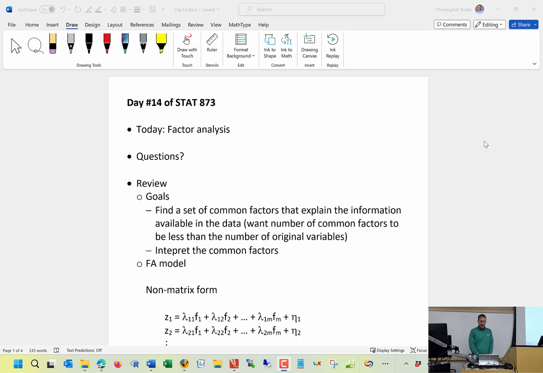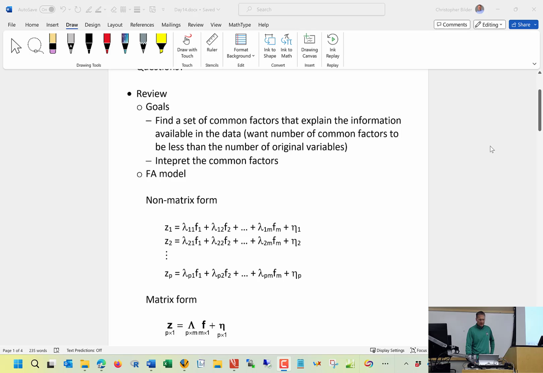Okay, well, we get started here. So today we will continue with factor analysis. Are there any questions? Okay. So, as I said last time, factor analysis has a lot of